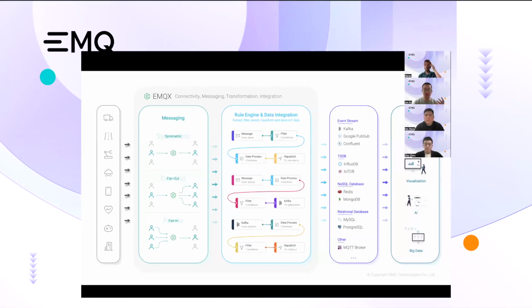We listed here, for example, we can inject data to Kafka, or you can say we reroute this message to Kafka, or we can insert this data into a time series database, for example, InfluxDB, IoTDB, and Timescale database. We can only list some of the data stores here because we actually support over 40 different data stores in EMQX Enterprise. So if you go to EMQX.com, go to the EMQX Enterprise documentation, you will see all the different kinds of data stores we support for